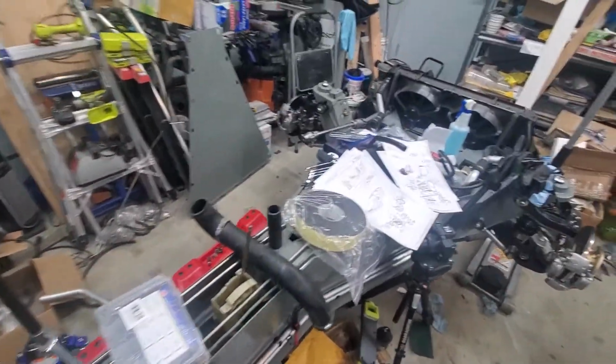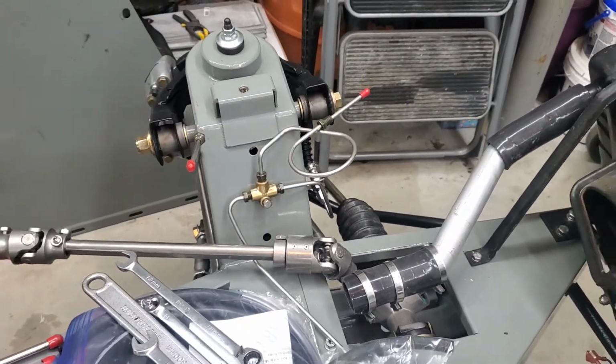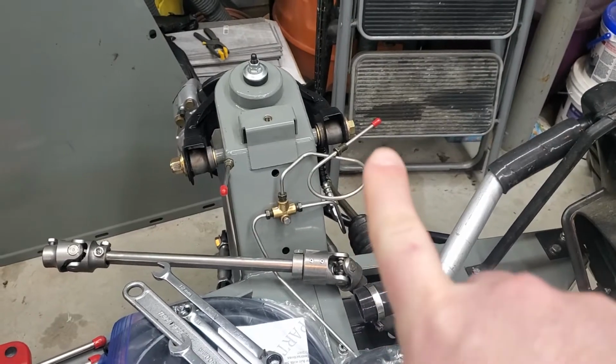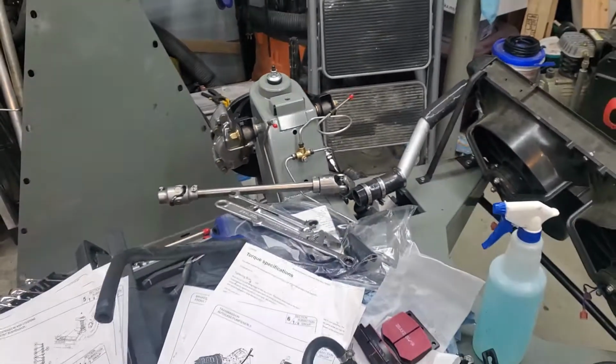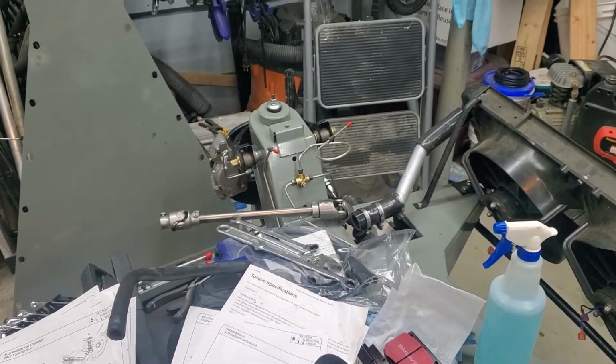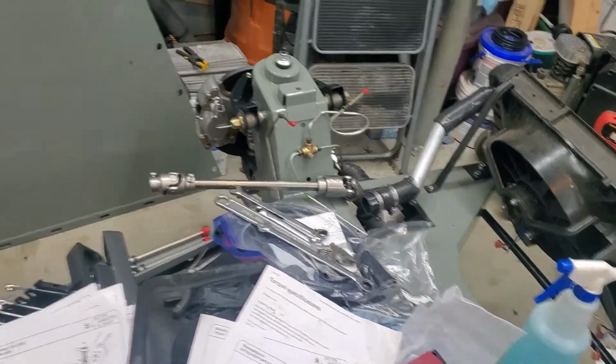At some point I will be testing the brakes. So I've got a brake tester set up. The idea is those things where the red tips are, so that's the front brakes and that's the rear brakes. I can pressurize those and then make sure that the brake system holds pressure. So I can do that without putting everything on the car. Now that I've got the engine in,